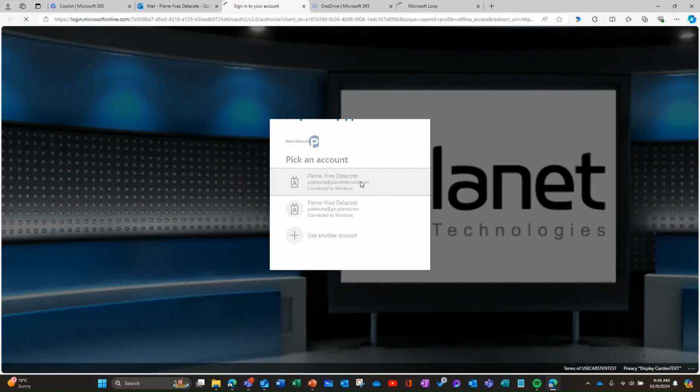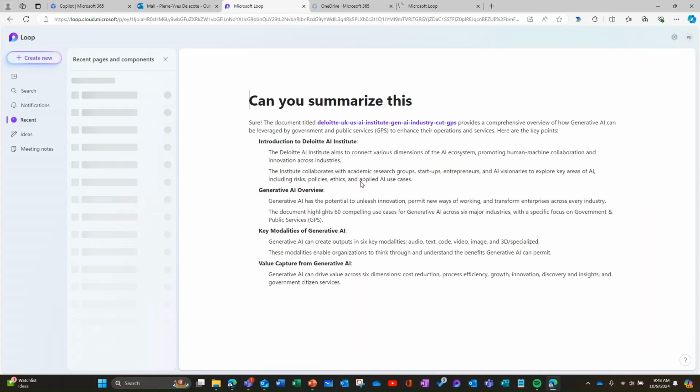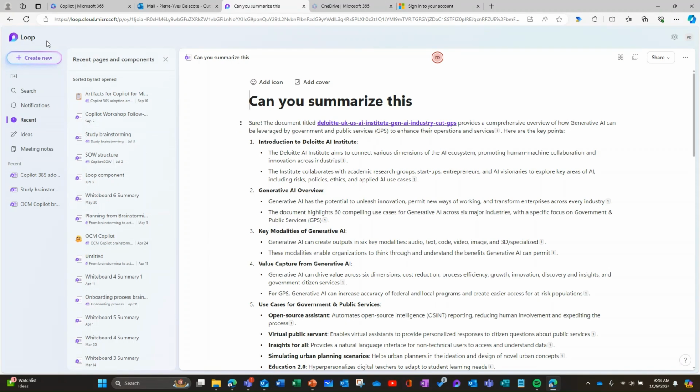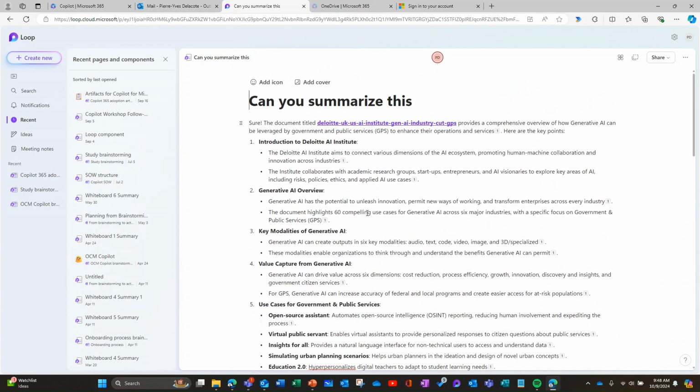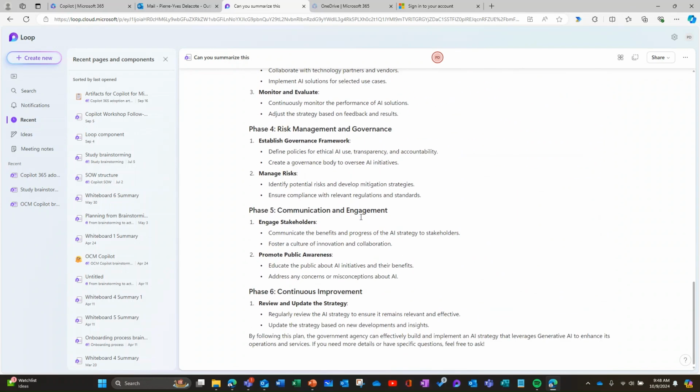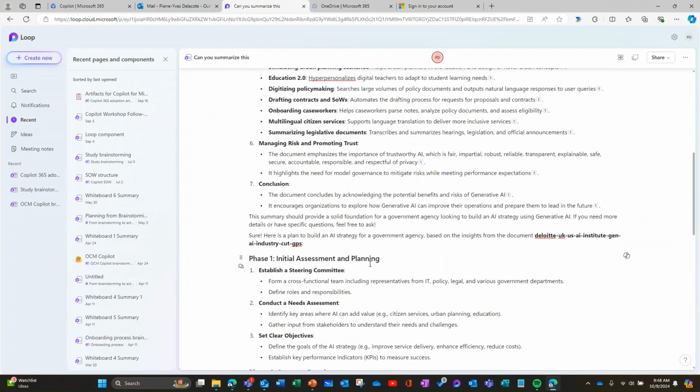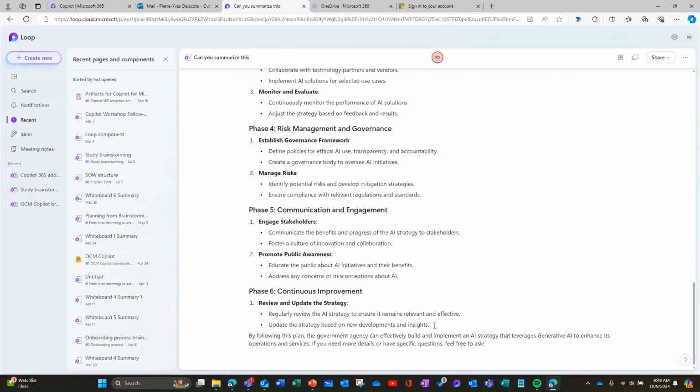Okay, I'll let it run. There's a signing error. I'm not sure why. Wow. Okay, so I'm in Loop now with all my other Loop. It created this page with a weird title, and now I can use Loop to do whatever I want. Maybe I want to say, can I say, take this in,